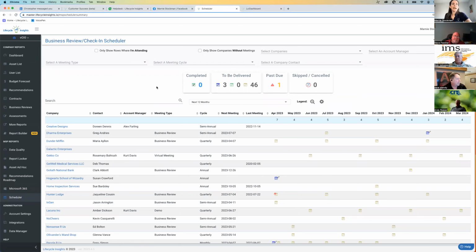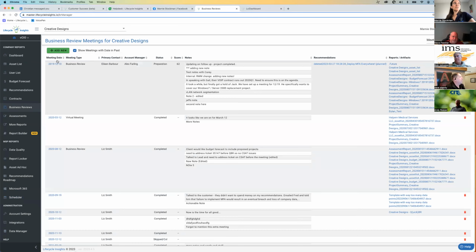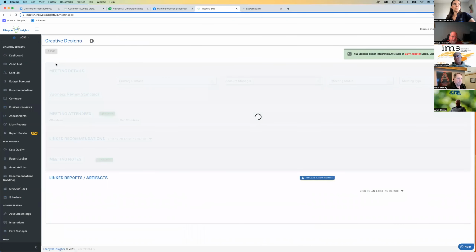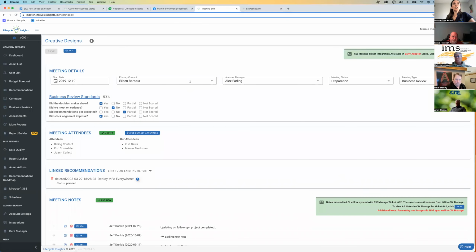One of the things that, if you didn't have it as part of your process, I think we really want to start making sure we include, is when you are in an individual business review itself, that you want to make sure to assign an account manager as well as the ability to score business reviews. You only see these business review standards if